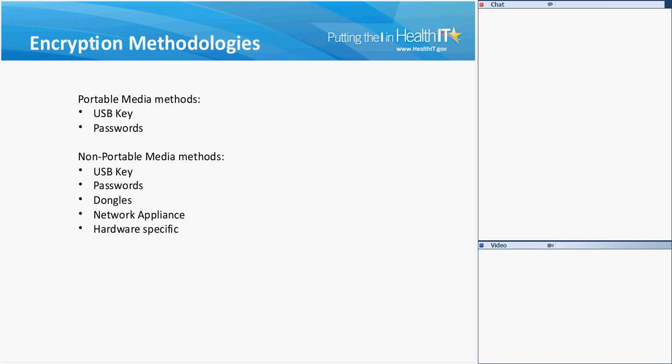Non-portable media methods: you can still use a USB key. You can use passwords. Again, not a very secure method, but if it's the only thing you have, it would have to be. You can use dongles, which are hardware devices. They're not memory sticks and USB sticks. They're little dongles that have electronic stuff in them. A network appliance, which is excellent,